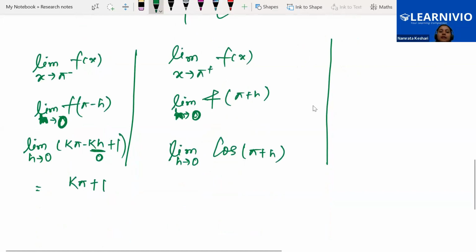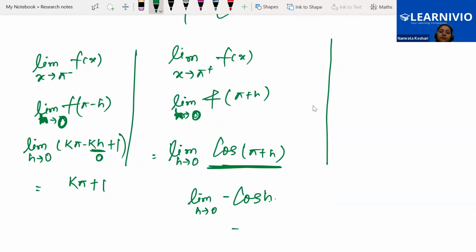Here we are having cos of pi plus h. If we change this using the transformation first, what are we going to have? Minus cos h. Yes, we'll be having minus cos h, and h is 0, so it will be